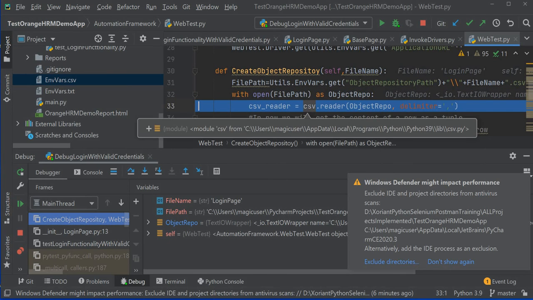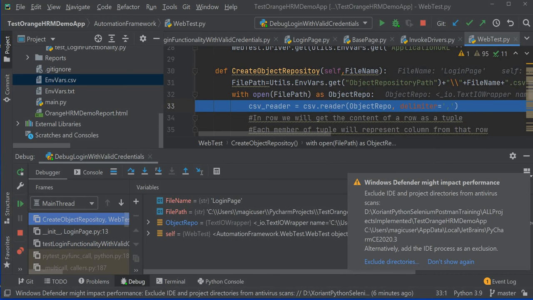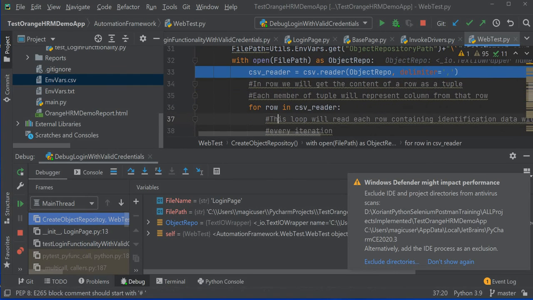So in Python there is a CSV package which has got a reader function. You just have to tell it what the column delimiter in that file is. So the delimiter is comma. This is a parameter, a default parameter you can say. Then we are reading that line by line.